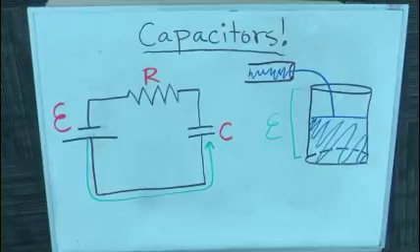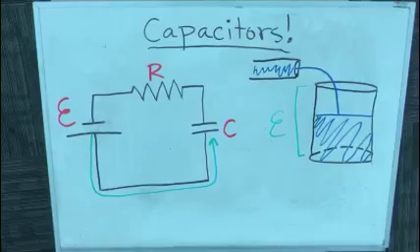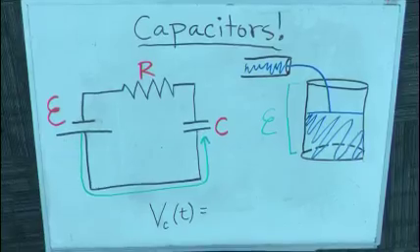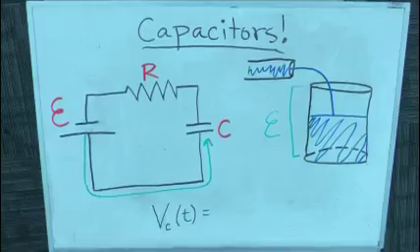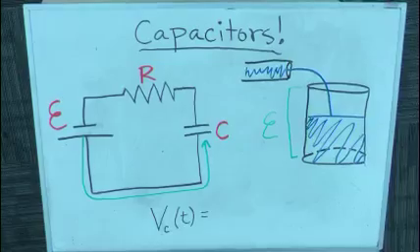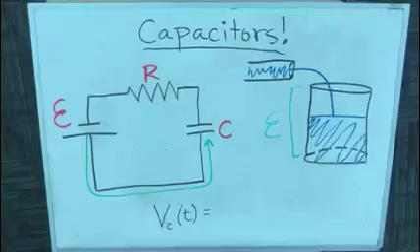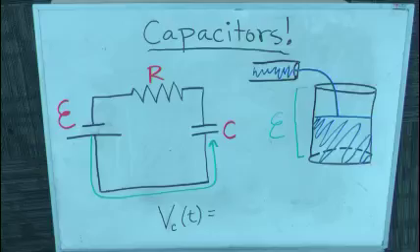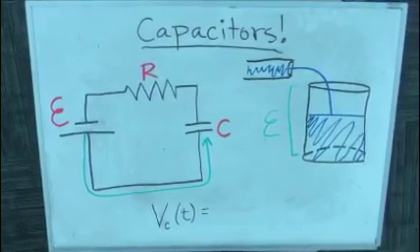And we can actually write an equation, a function that models the filling of the capacitor. This function will model what the voltage is across the capacitor at a certain time. And this is an equation that we get from using the RC circuit equations traditionally. However, you can also combine your knowledge of RC circuits with your new conceptual understanding of capacitors in order to better understand where the equation comes from and how to write the equation if you aren't 100% sure